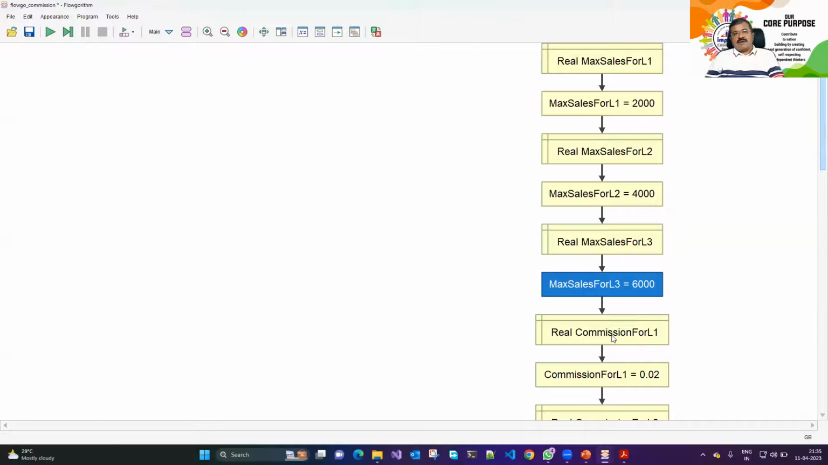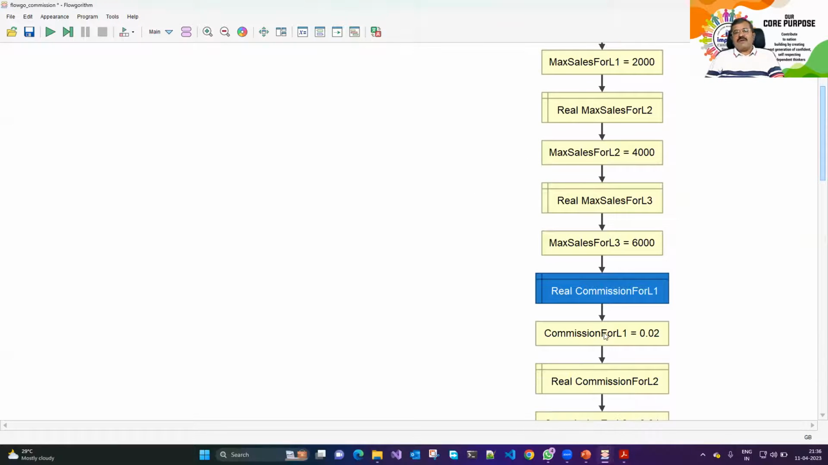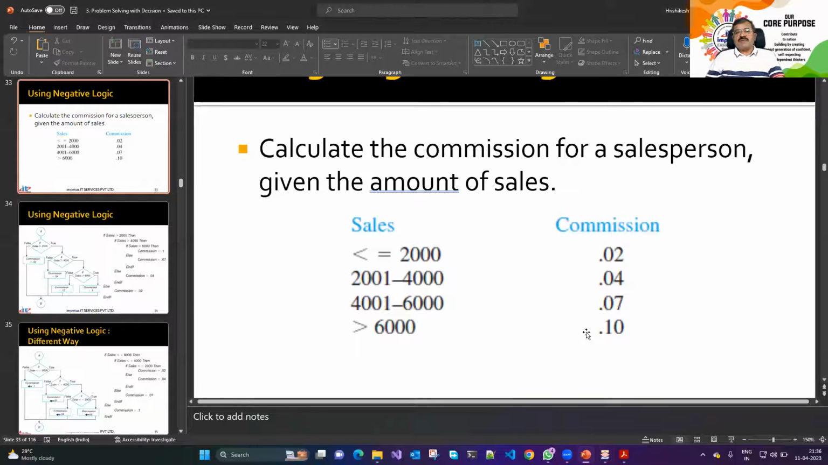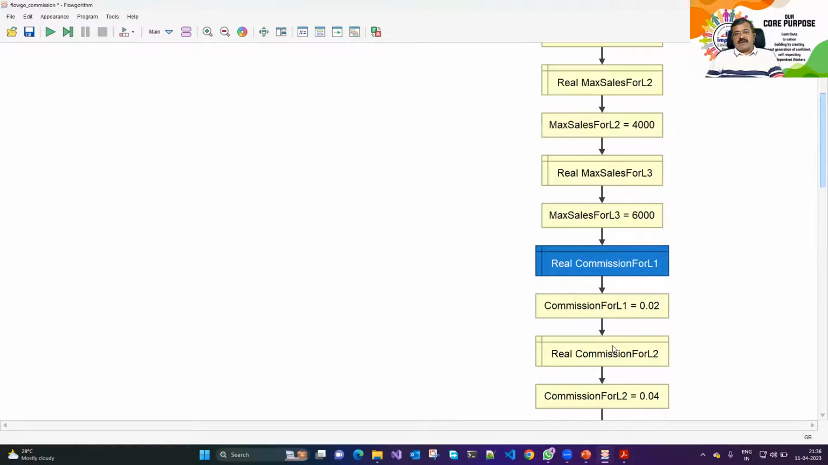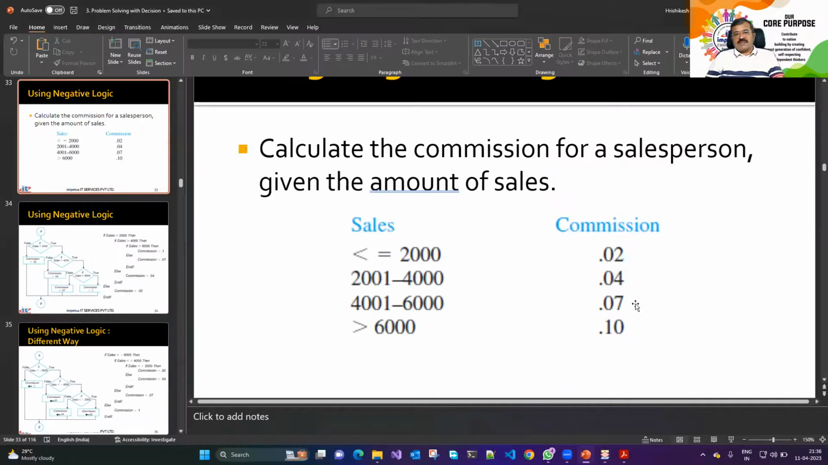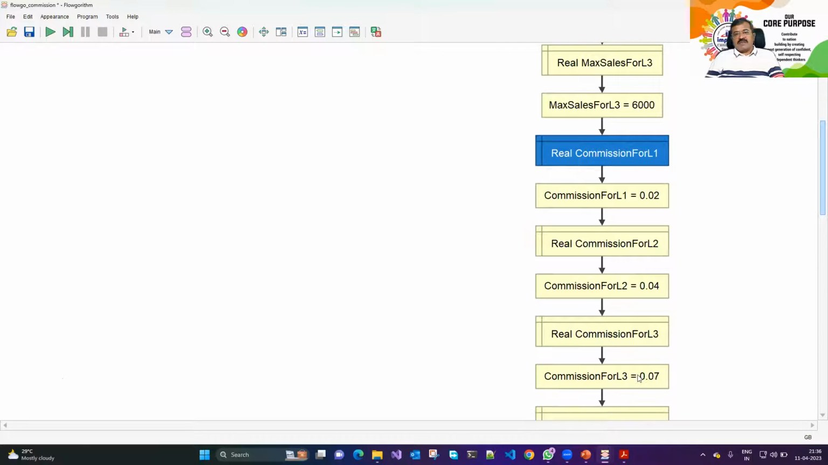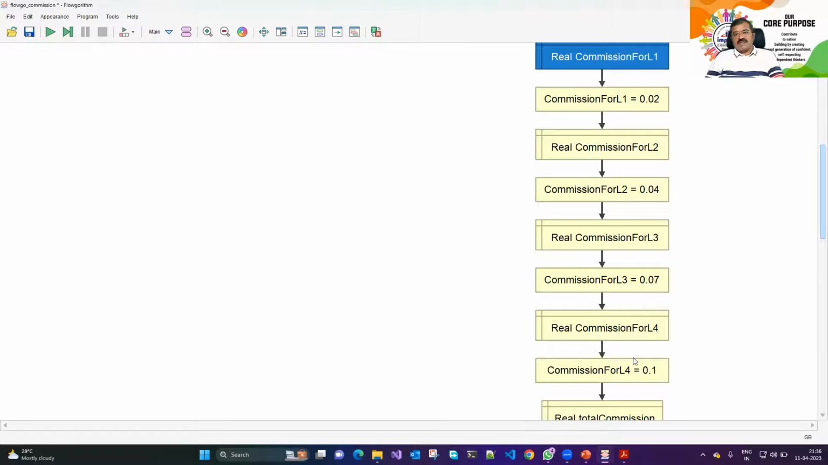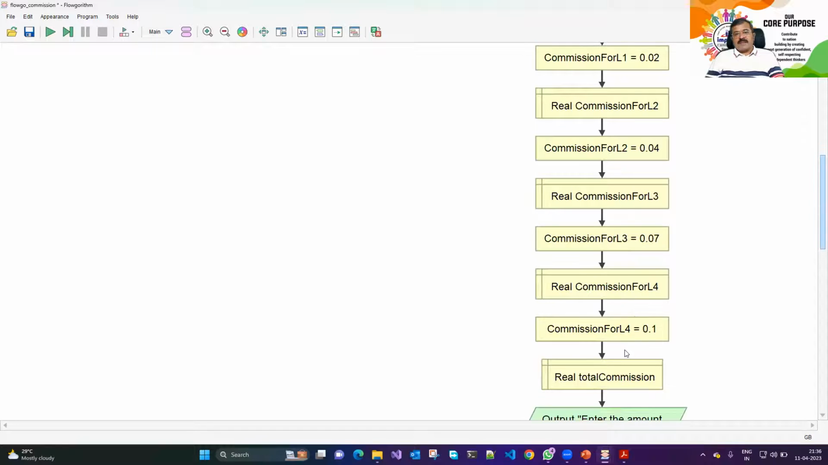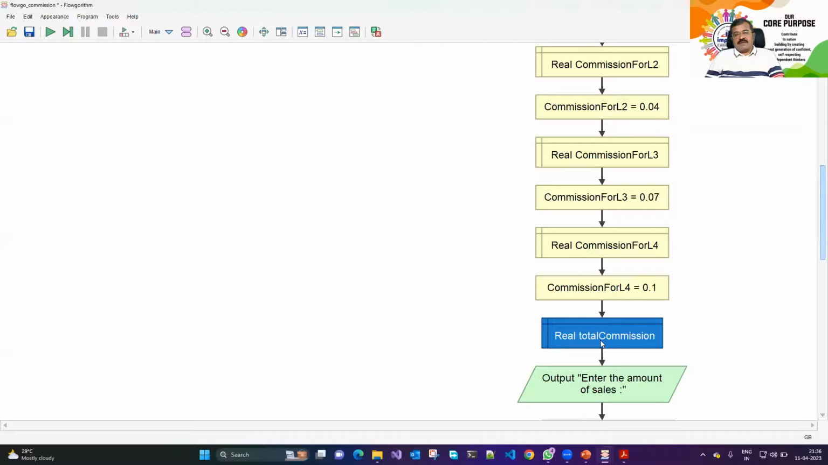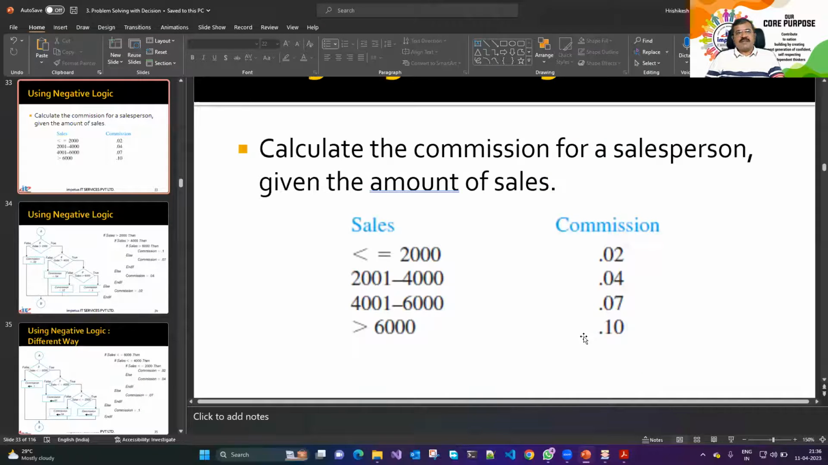Okay. So now commission for level 1. Why do you need separate variables? Commission for level 1. Okay. It's a constant. That's 2%. Very correct. Commission for level 2 is 4%. That's also right. For 3, 7%. That's also right. And for 4, it is 10%. That's also correct. Then we have commission as a variable. Because I just said commission. Why is there a need for you to